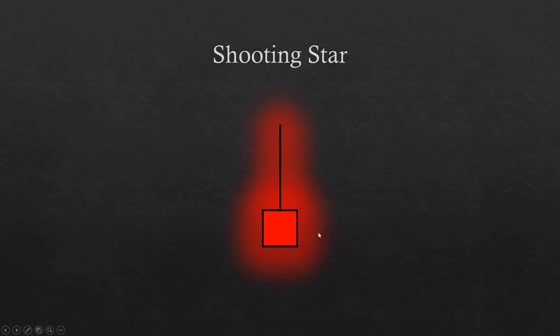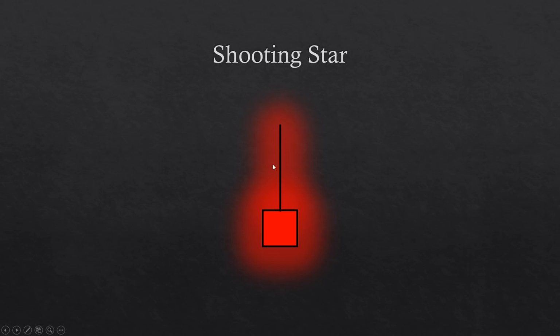The shooting star pattern is formed by a candlestick with a small bearish body that sits in the lower range of the candlestick and a long upper tail. It received this name because it resembles the silhouette of a shooting star, so that's one way of memorizing the pattern. The logical interpretation of why this is a bearish reversal pattern is that, since it appears when price is